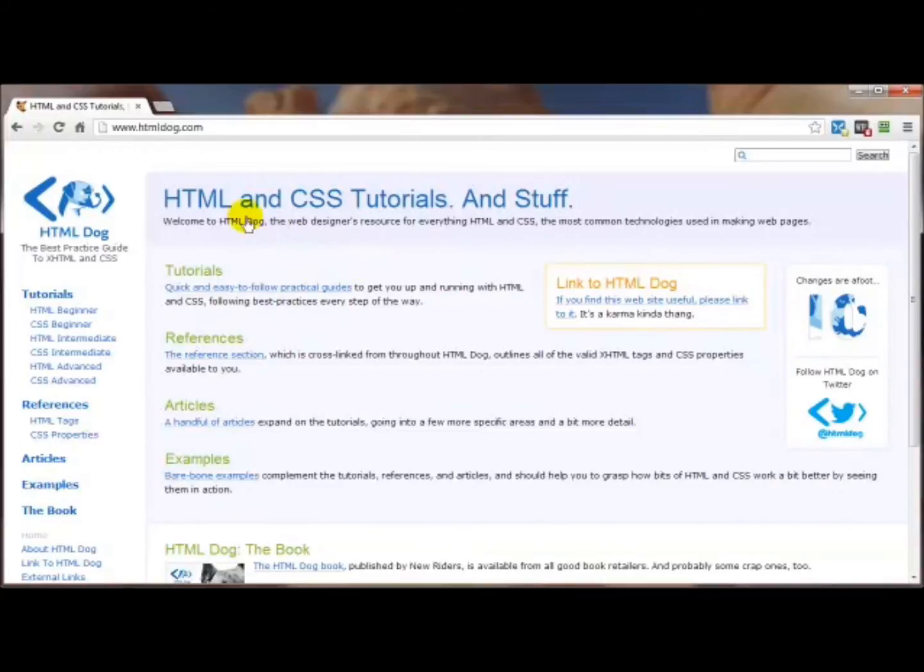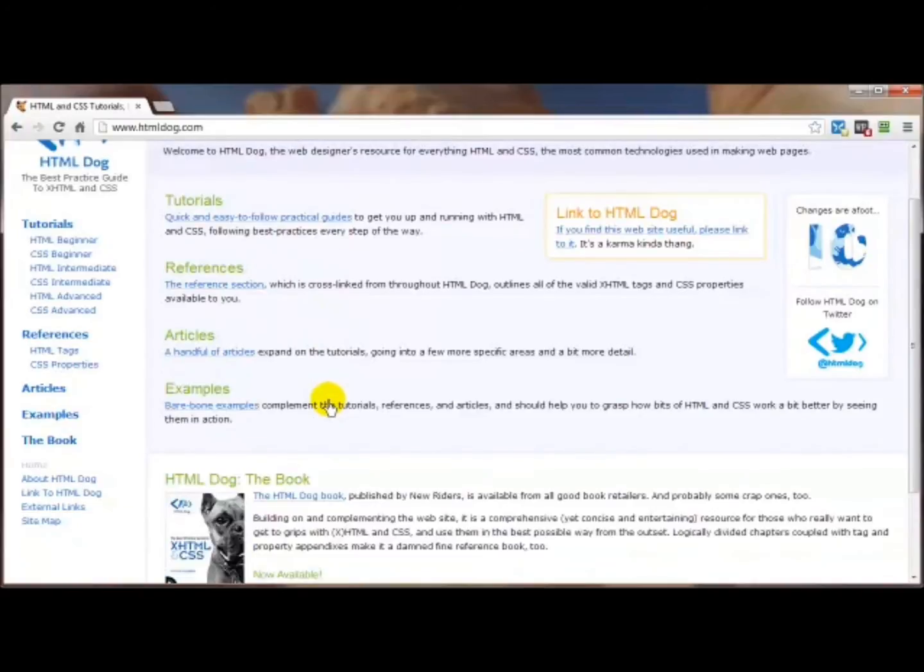So just because you don't see an HTML5 slapped all over the place does not mean this is old stuff. As a matter of fact, if we scroll down here,